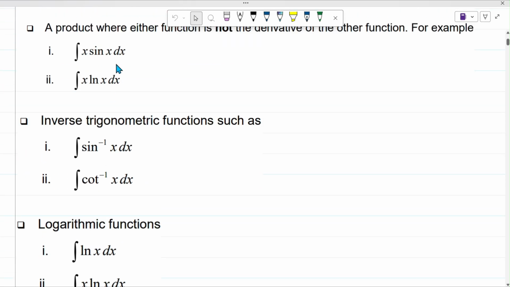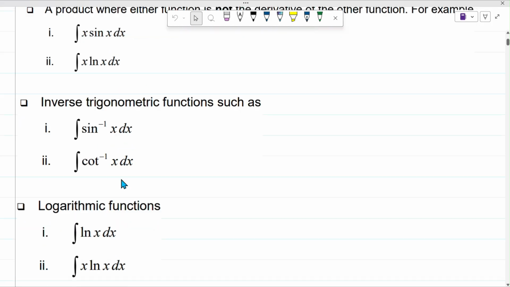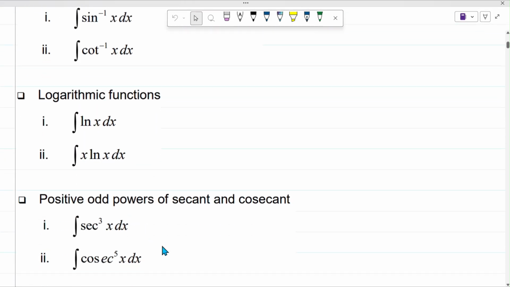I'm going to show you how it's done for all of those examples, and after that we do some activity, and then that's it. Now let me show you how to work this integration by parts,